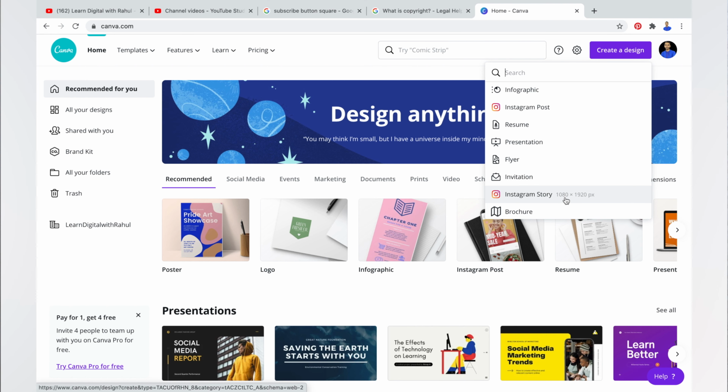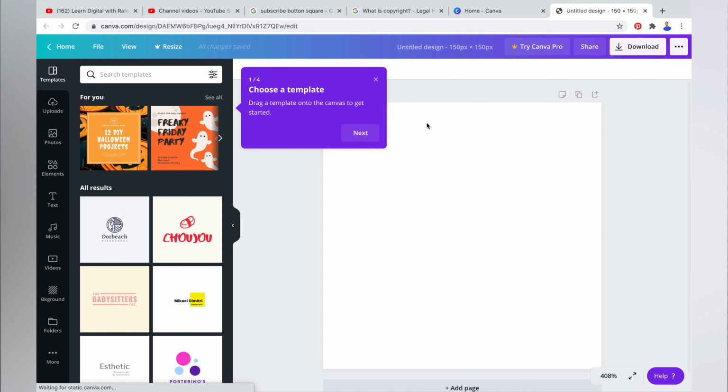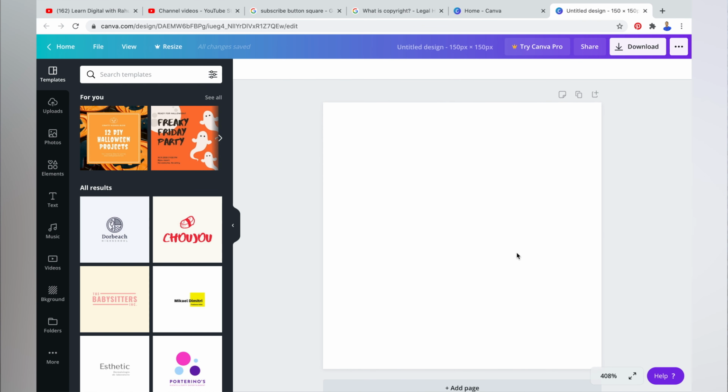The recommended dimension for the YouTube branding watermark image is 150 by 150 pixels. So I'll choose the custom dimension option and enter 150 by 150 as width and height. Then click Create Design and it will open a new blank canvas of the custom dimension we selected.